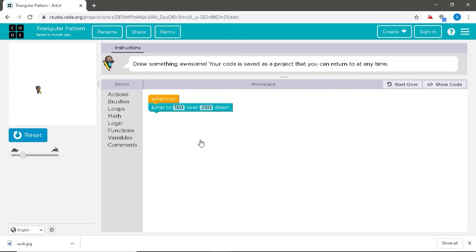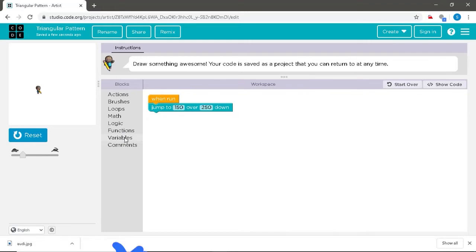Now we shall have to create a triangular pattern. So for creating a triangular pattern, we shall first focus on creating one triangle. For creating one triangle, we have to focus on creating a line. Now for creating a line, we should specify the length of the triangle.